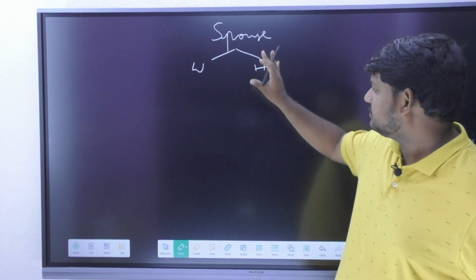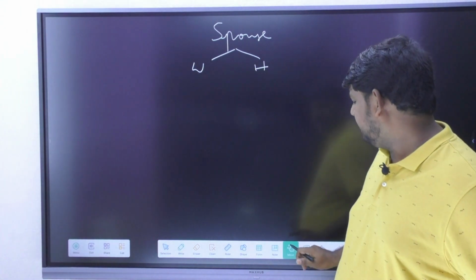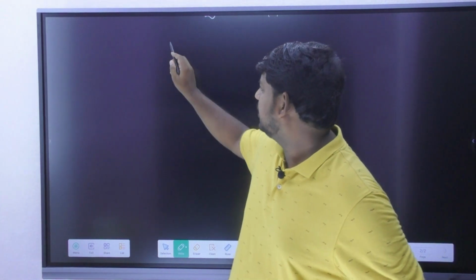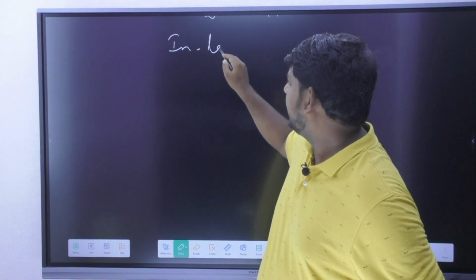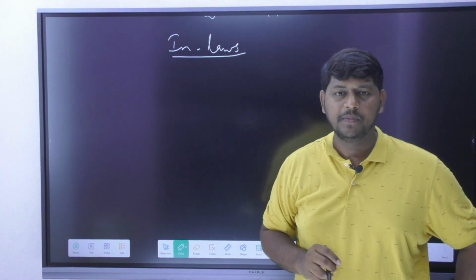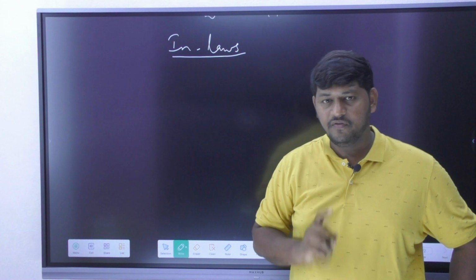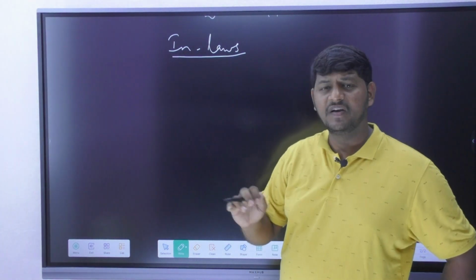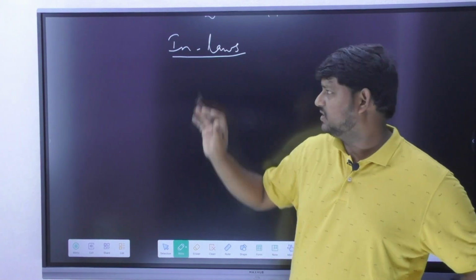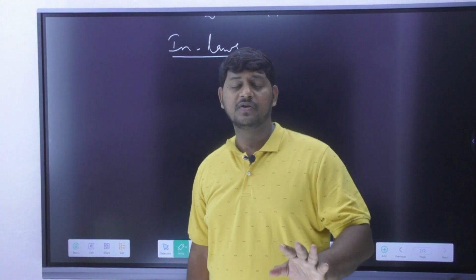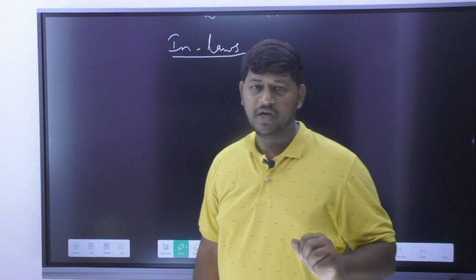Correct? Now, apart from these persons, we do have one more relation. You know what that relation is? They are nothing but your in-laws. Then I have to mention them. Now in-laws are also going to be part of your life through the system of marriage. They are not your own blood relations. Now any person related to you through the system of marriage is going to be called what? In-law.